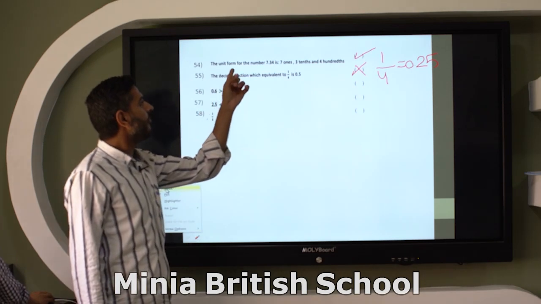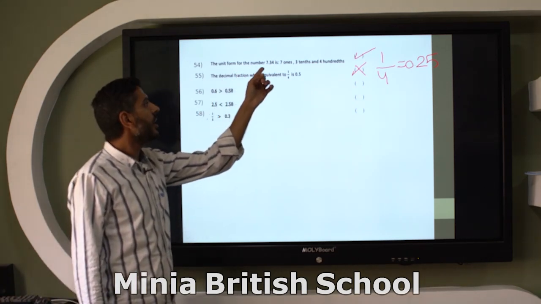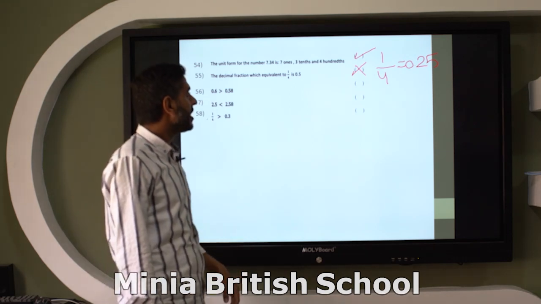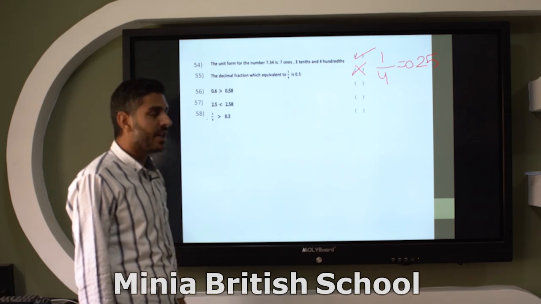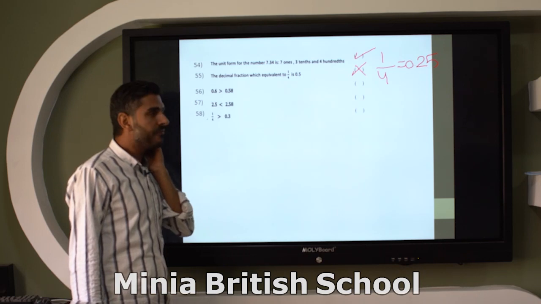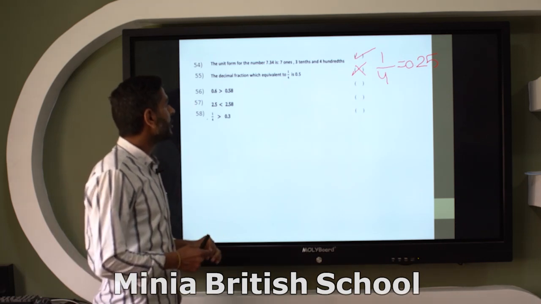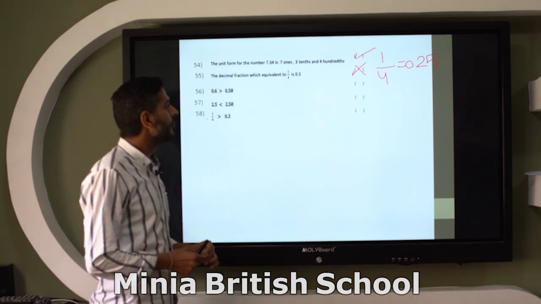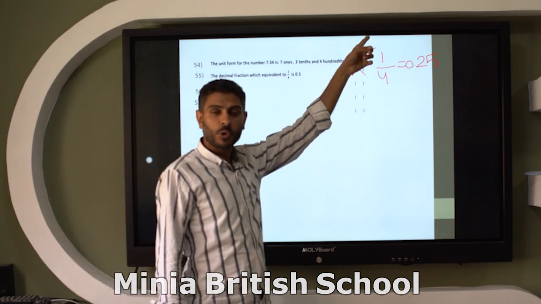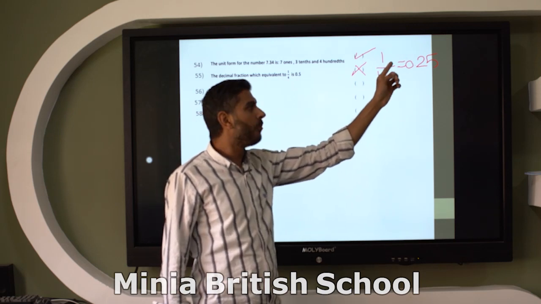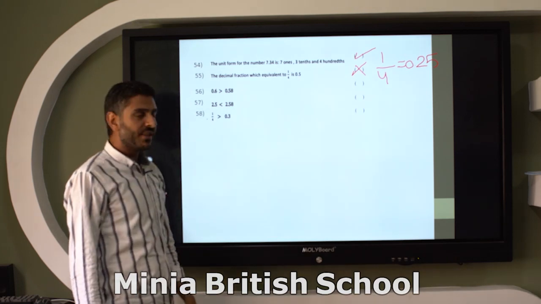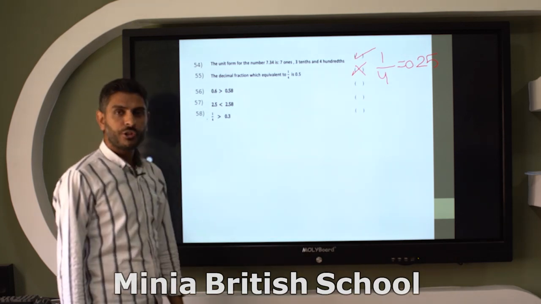The unit form for the number 7.34 is 7 ones 3 tenths and 4 hundredths. Yes, it's right. Number 55. The decimal fraction which is equivalent to 1/4 is 0.5. No, it's wrong. Because 1/4 equals 0.25. Okay. Number 56. 0.6 greater than